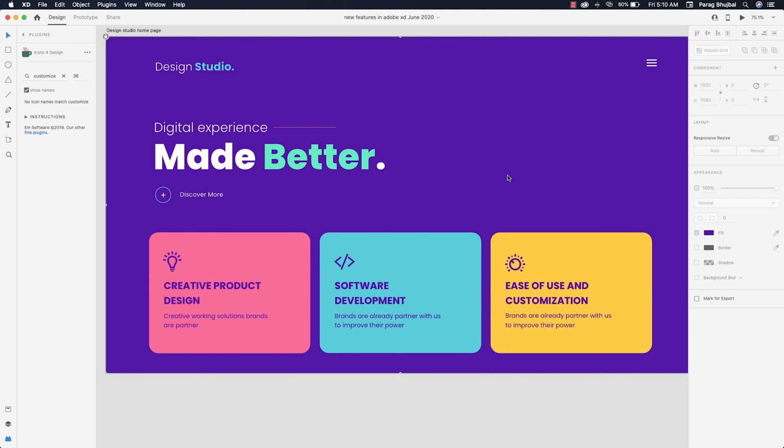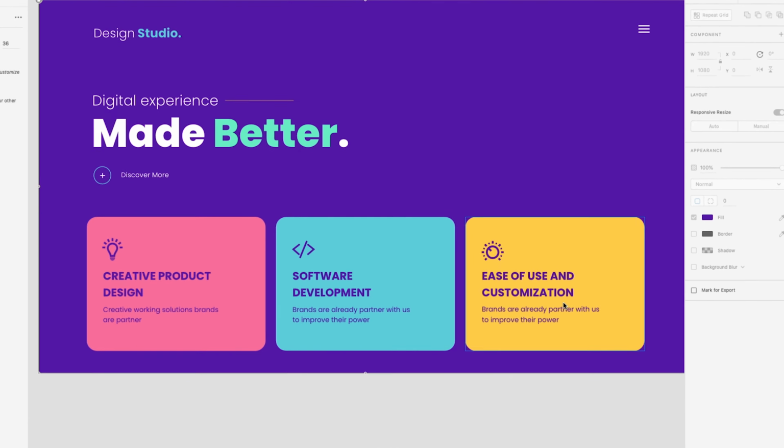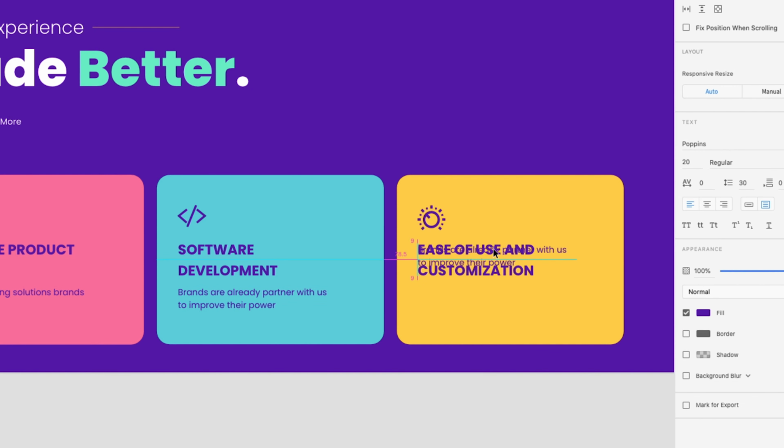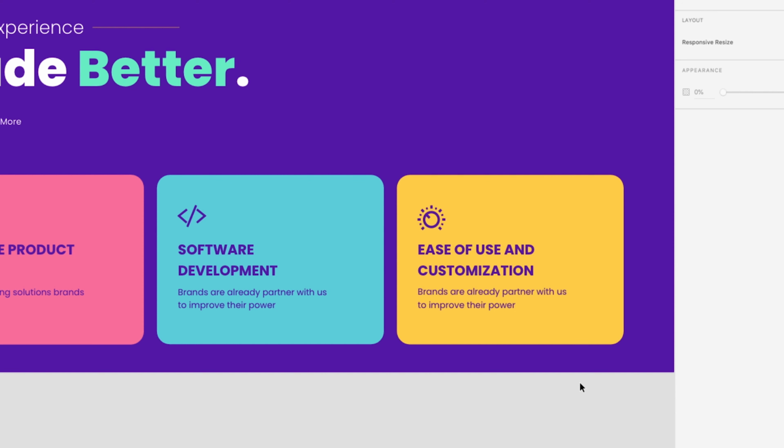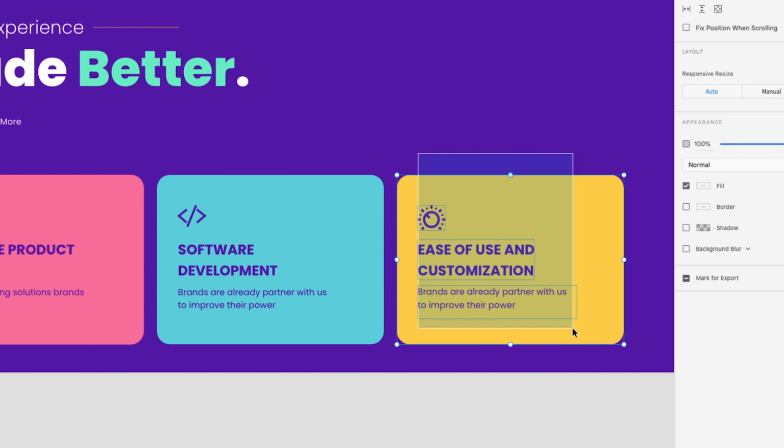Let's have a look at this example. I want to adjust this item vertically. When I try to move that, it will overlap and it's a tedious job to rearrange these items. Here stacks help us to rearrange, add, resize items without disturbing the layout. To use stack, you need to group these items.